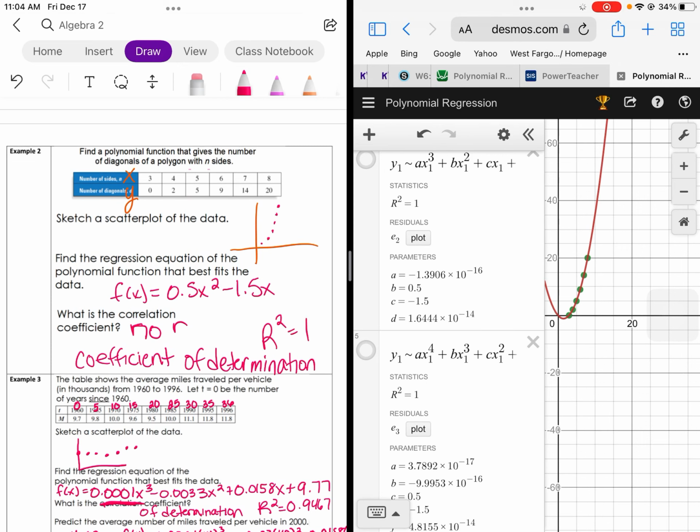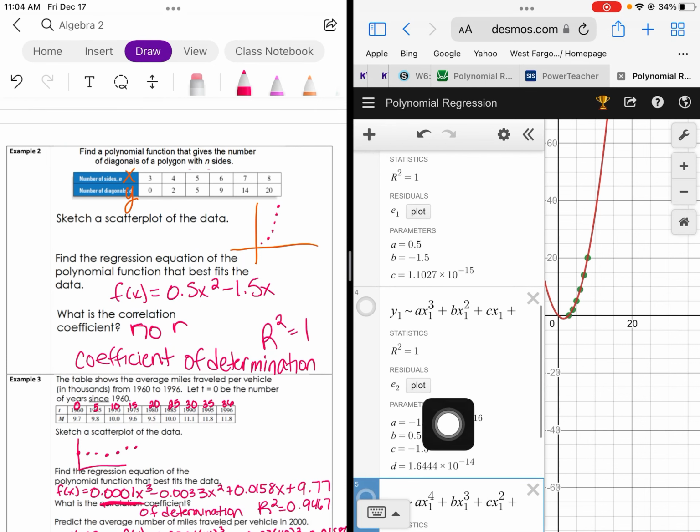So I just wanted to cover that quick because I wanted you to know, if you see this scientific notation, essentially it means that this value is 0. Okay,